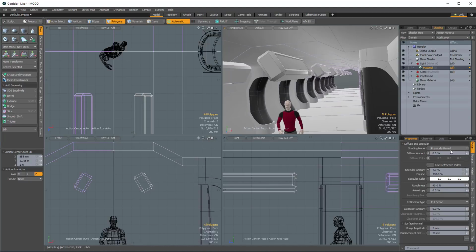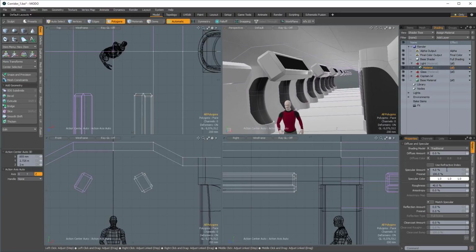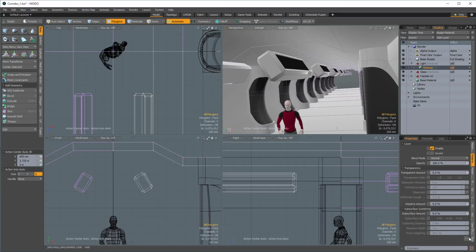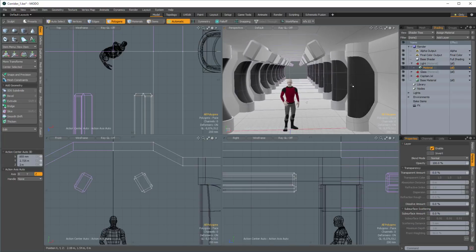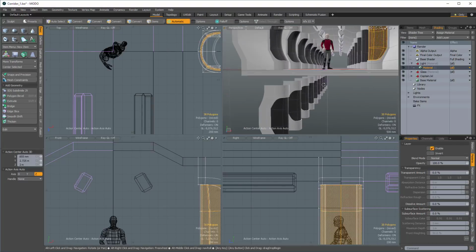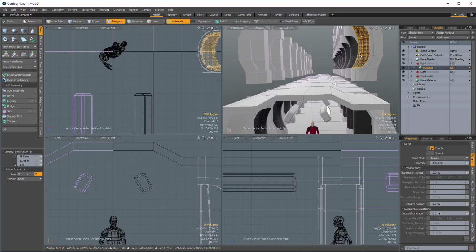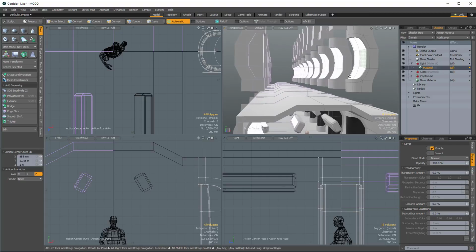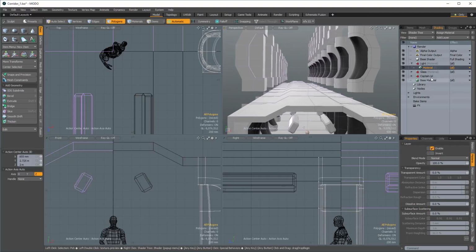So real quickly before I even continue on here, let's go ahead and take this light material, and I'm going to go to the material properties, and first I'm going to change it to a traditional material. So this isn't going to have any energy conservation or anything fancy like that, so it's going to calculate a bit quicker. And then I'm going to go down to the luminous intensity and set it up to 3. And there we go. So now we've got that. And if we look here, we should see, if I hide, let's see, it's going to be on this side. If I hide this, we'll see that we have our illumination under there as well,